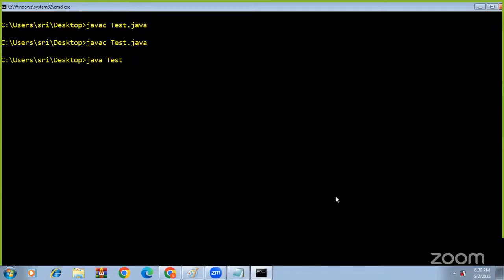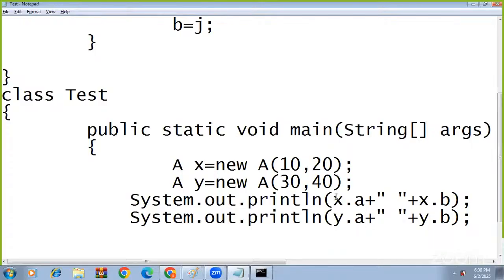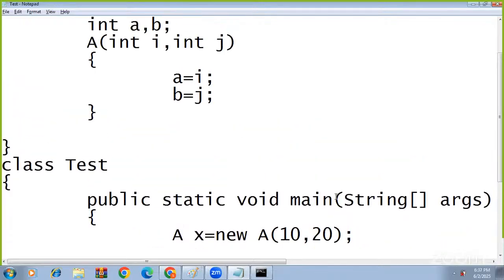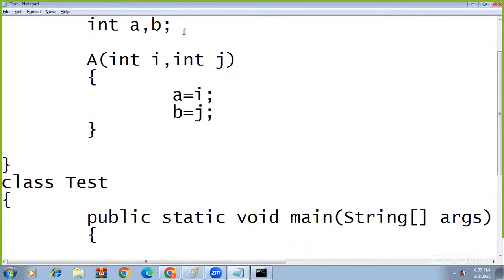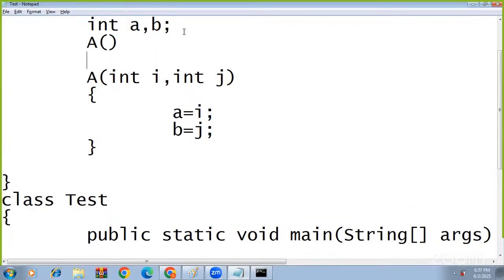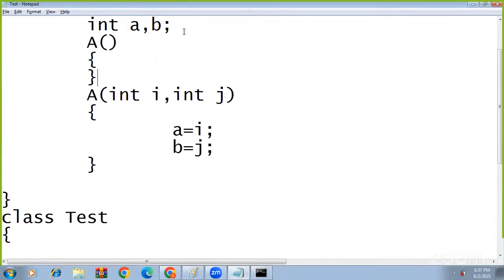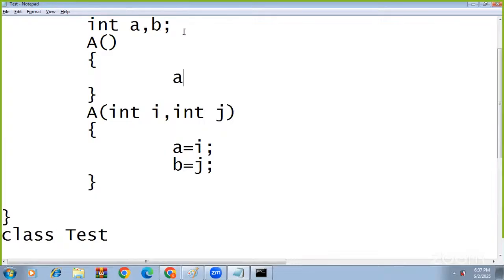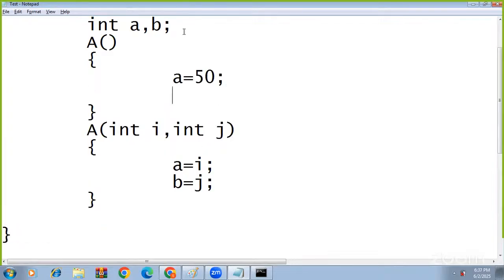Okay, again compilation. Right, now see 10 20 and 30 40. The previous example I will show you. I will take constructor overloading. So that is nothing but here I will create one more constructor with no parameters, and what I will do here, I will write a = 50; b = 60;